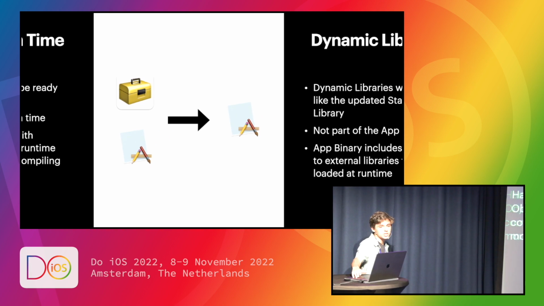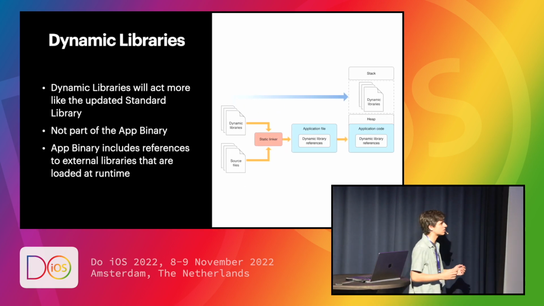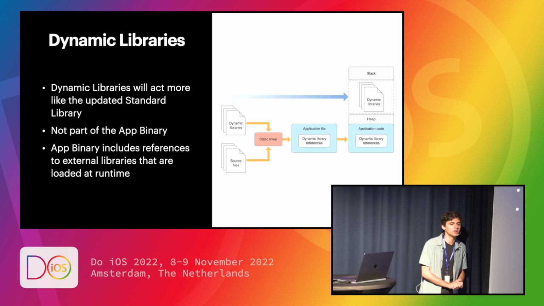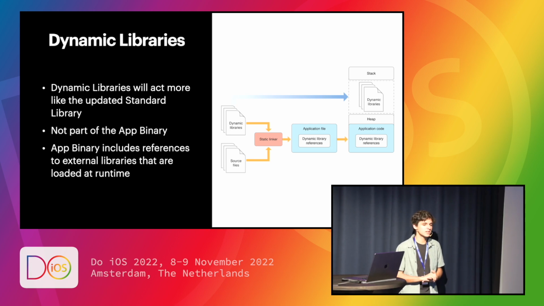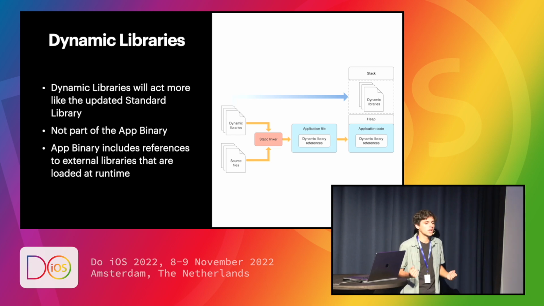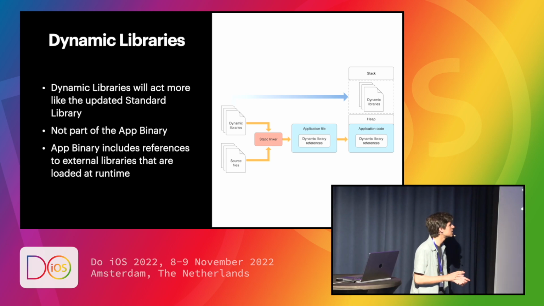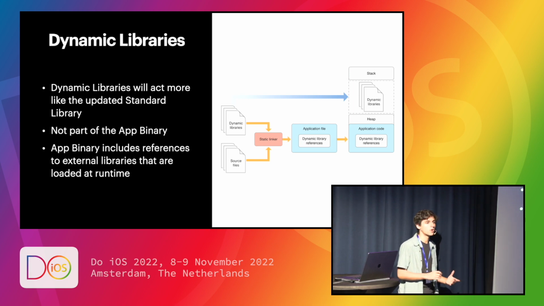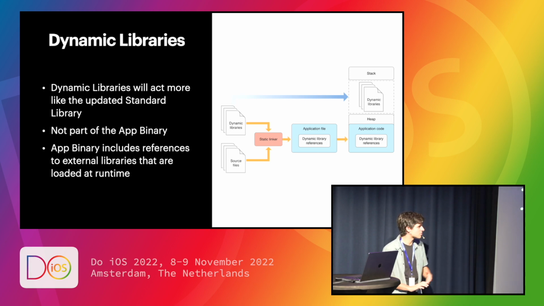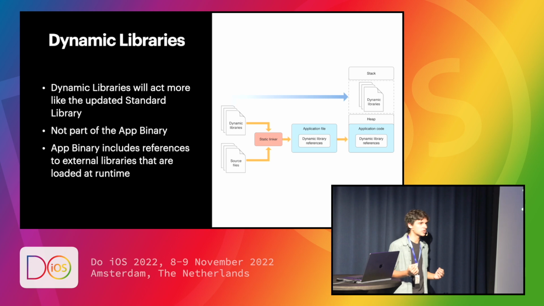In addition to the app launch time, where I talked about how the standard libraries are going to be preloaded, if you will, dynamic libraries are introduced, and this allows for third-party libraries to act more like this updated standard library, where they're no longer just part of the app binary, but they exist on their own on the device. And this is great because it allows for individual apps that, say, use the same SDKs. So let's say I had 5 apps that all use Stream here. Rather than having to create all of these duplicates that exist within each app, your device is going to host one version of it that different apps can interact with.